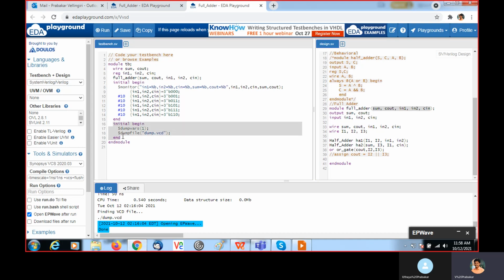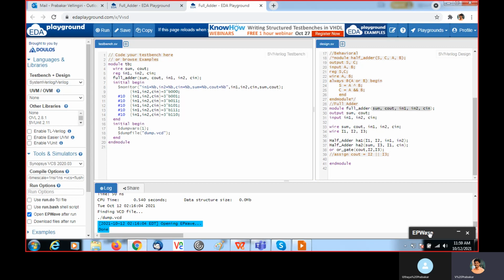Then this one is used within another initial block. I give this command; this command is used to dump the VCD file to get the waveform. You need to give this command, and then before run you need to enable this one: open waveform after run.